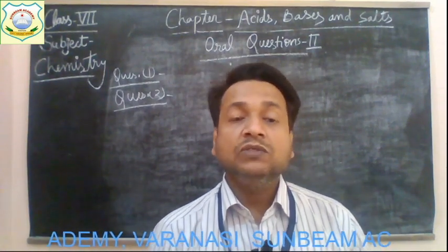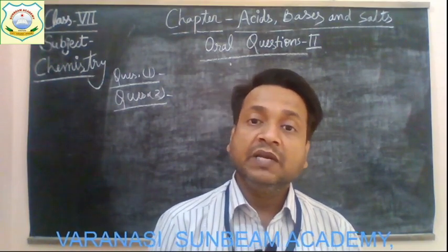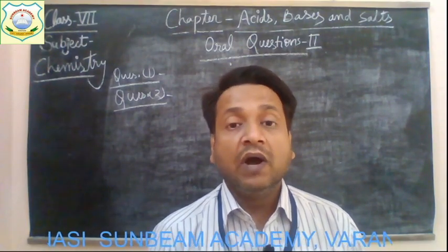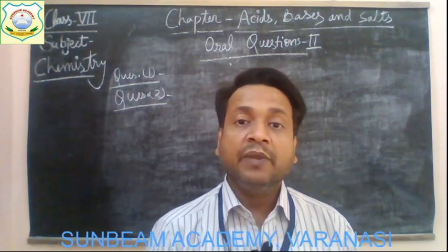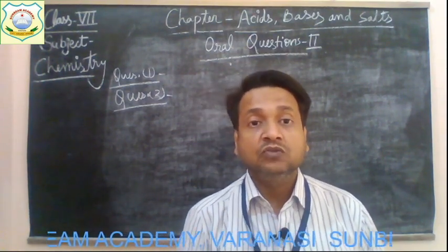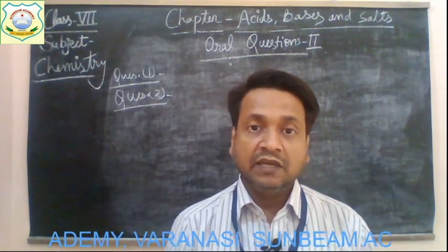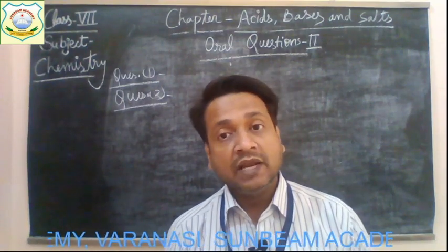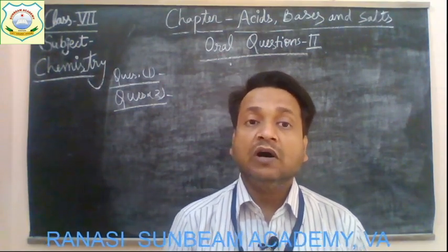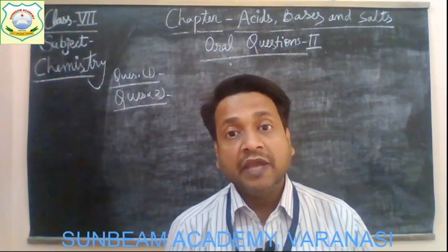Now, the question number 2. Due to overuse of chemical fertilizers, the soil in the farm has become acidic and crop yield has dropped. So what remedial action will you recommend to the farmer? Children, just think about the question. We have discussed today that due to the excess use of chemical fertilizers in the soil, the nature of the soil gets changed and it becomes acidic. And the acidic soil is not good for the growth of crops. Understood? So, how can this problem be solved?